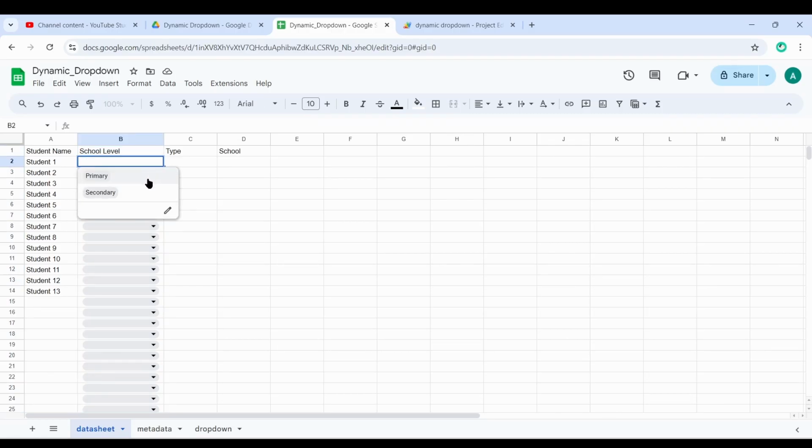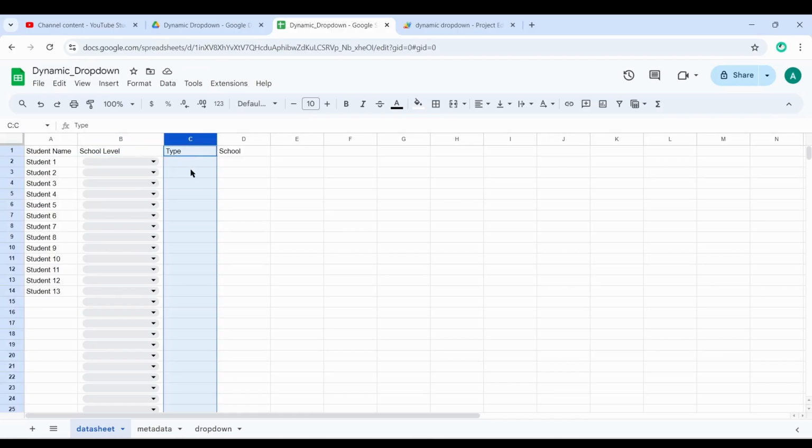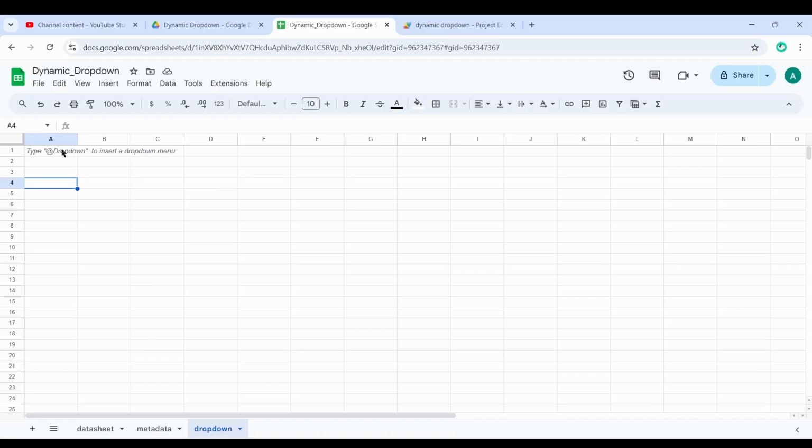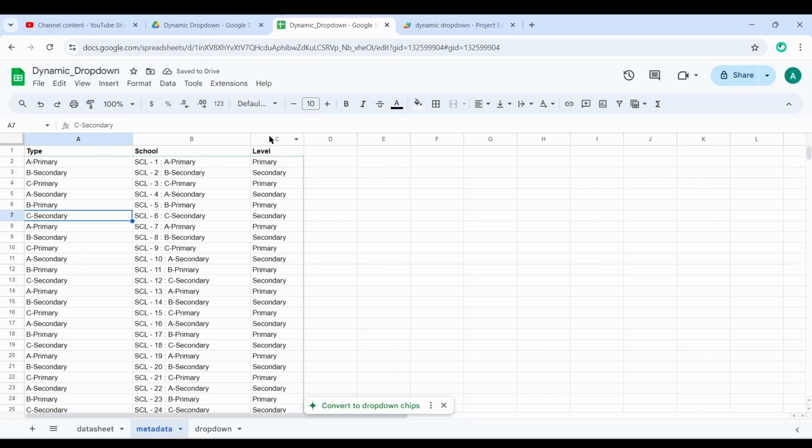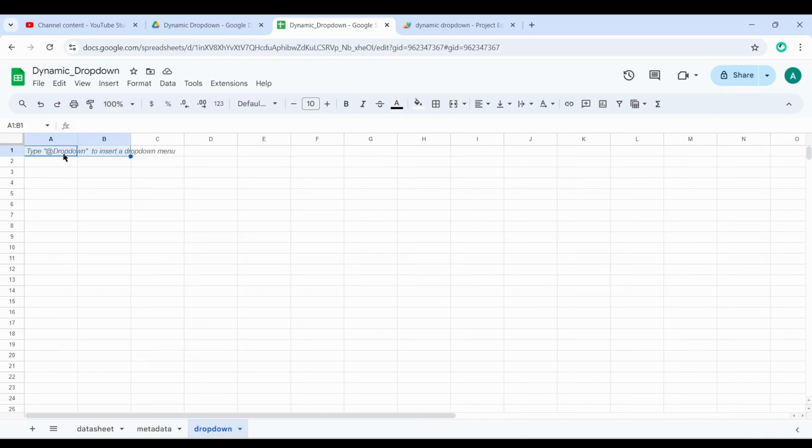So when I'm going to select school level, what are the types that I want to appear in my drop downs? So the levels that we have, I would want them to be here, and then drop down values for each level. So basically level will be this header, and then another level, and then the values for that level and values for this level, right? So what I'm going to do, and you can see that my level is coming from here. So what I can do is